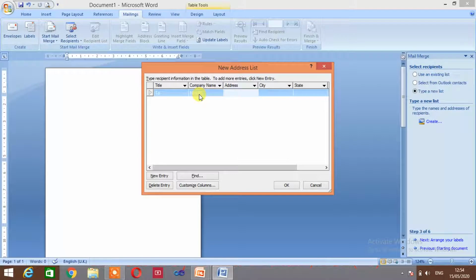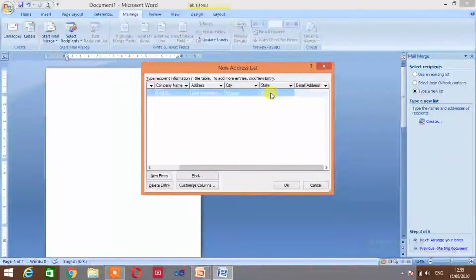Address is Sant Hidaram Nagar. City you will take Bhopal. State MP.